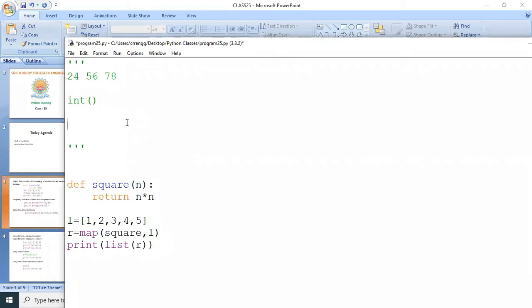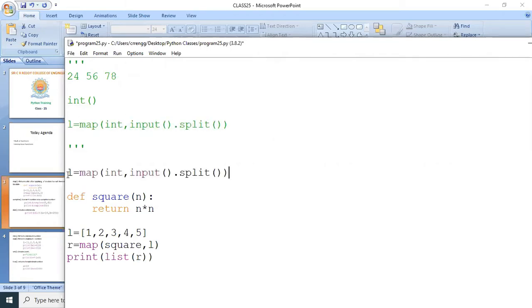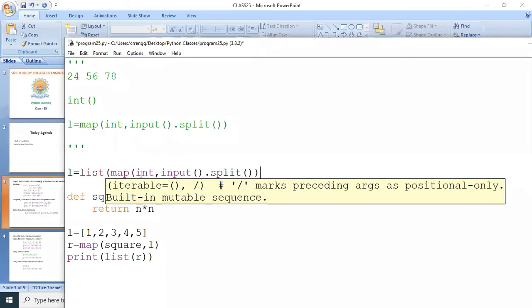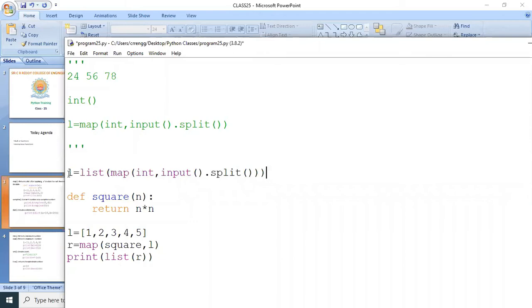For example, I am writing L equals map of, the function I am going to apply, int, and then the input dot split. Whatever you read from the keyboard is stored in L, and all these are list data types. So L equals list of. What does list mean?